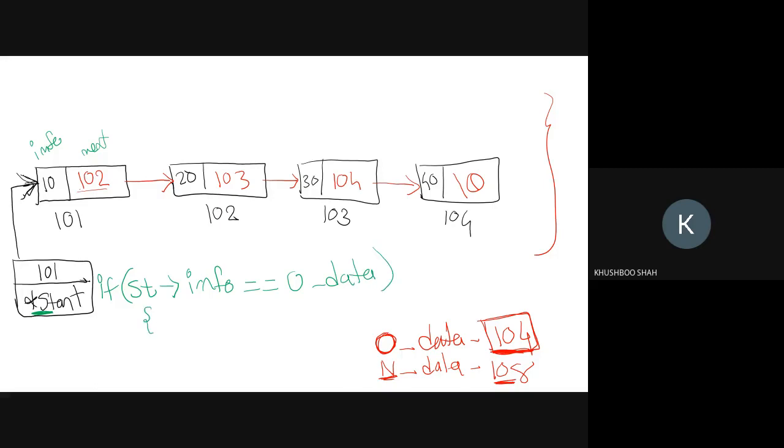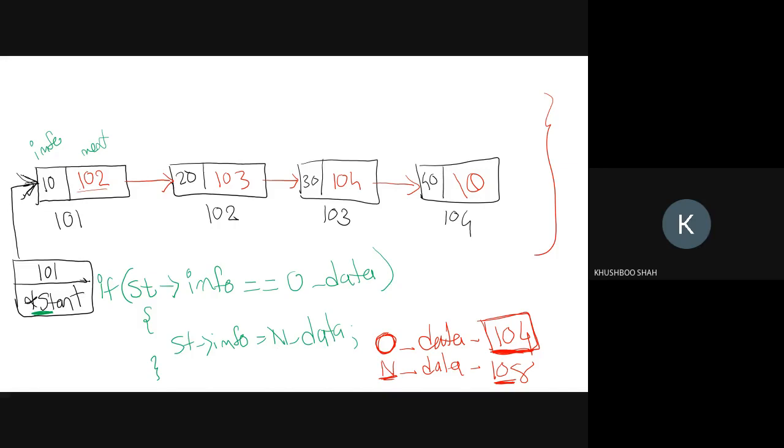then what will we do, guys? If st_info is equal to old data, then what will we do? Then old data is equal to new data. We will simply overwrite it, right? Just this way, st_info is equal to new data. We will simply do this. Yes, we will overwrite st_info with the new data.